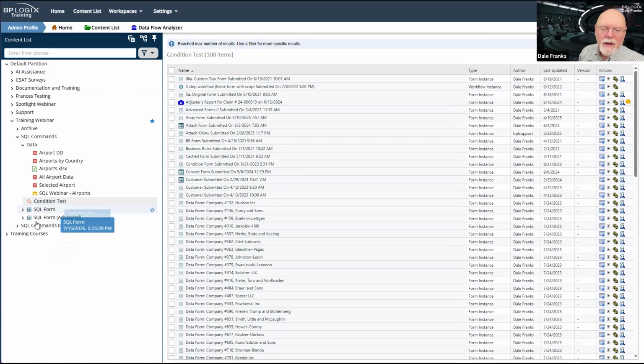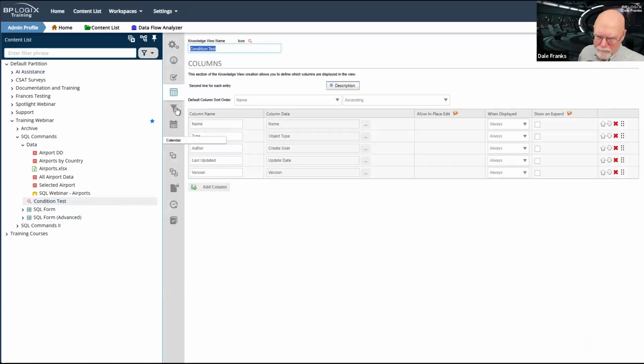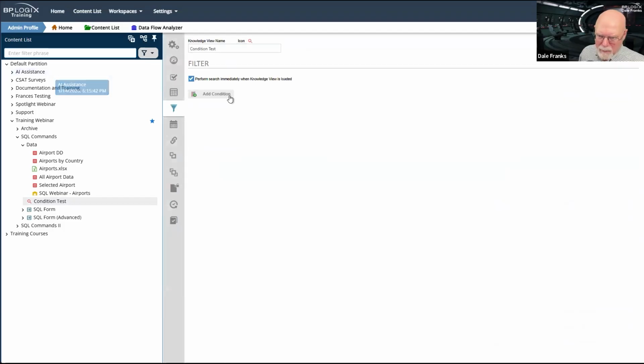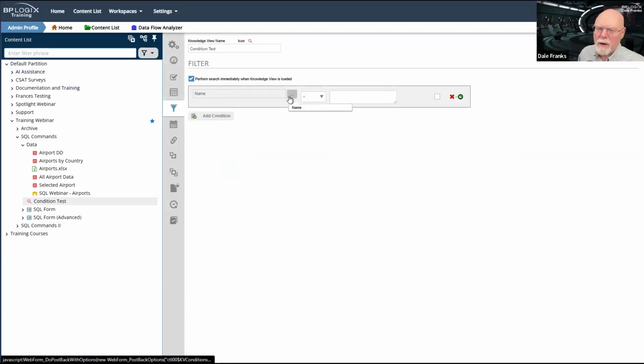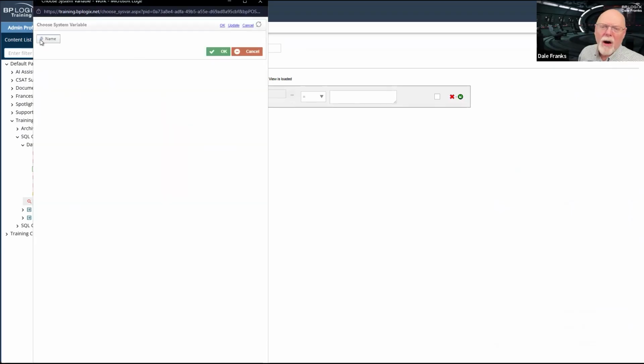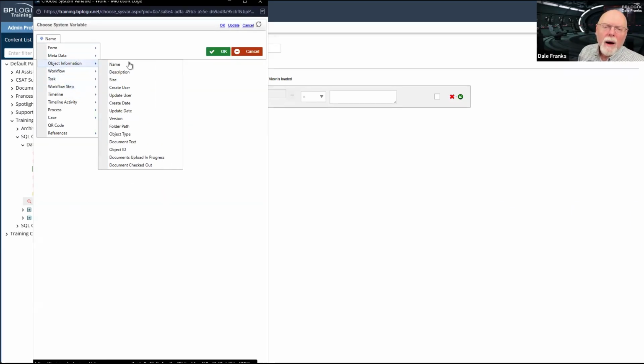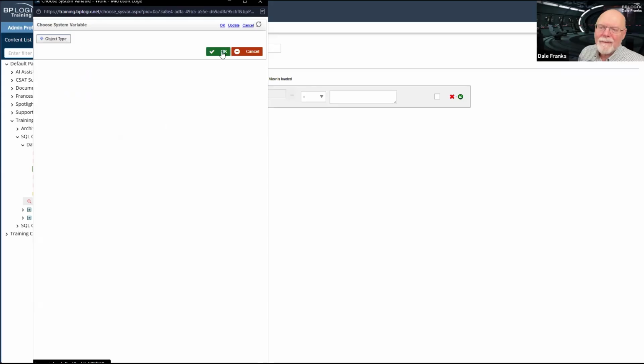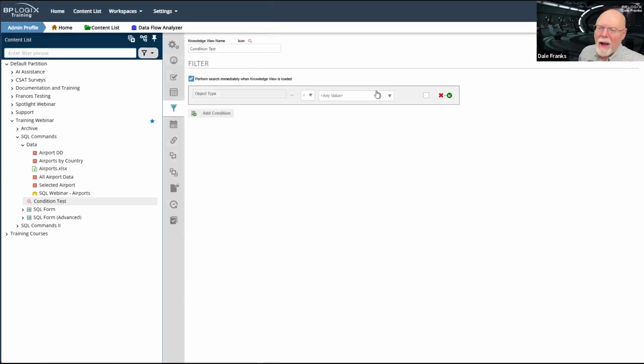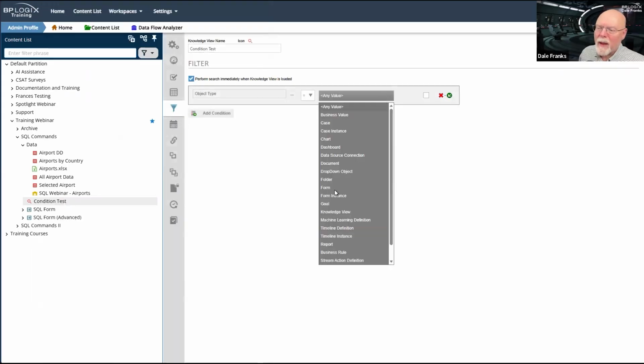So let's go to our filter tab. And because I'm using type, I've got to remember what works here. So let's take our object information, object type, and we'll do two things.